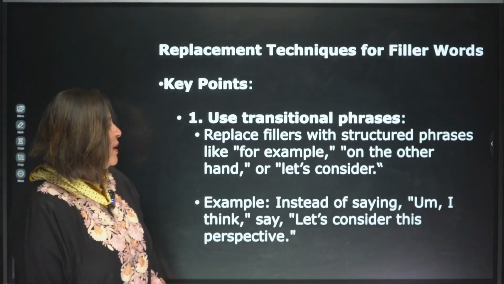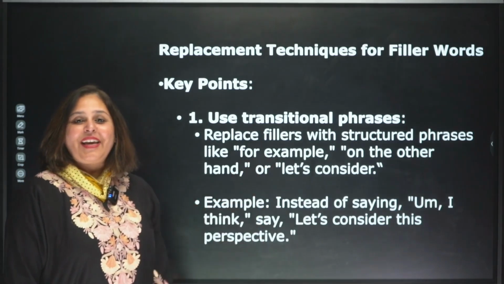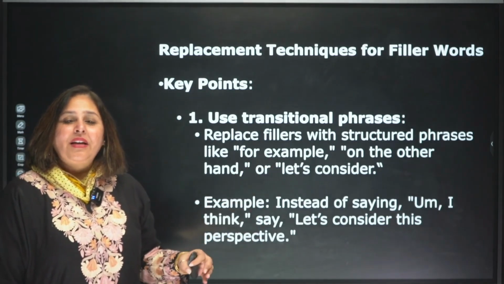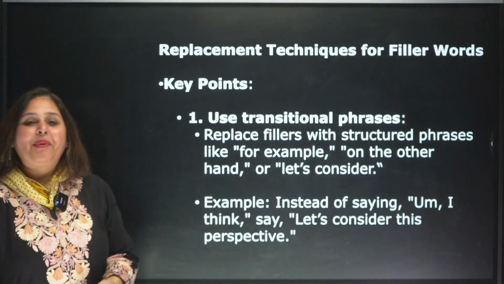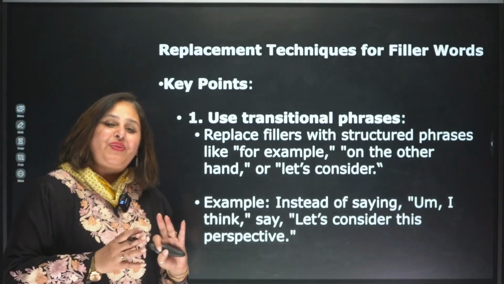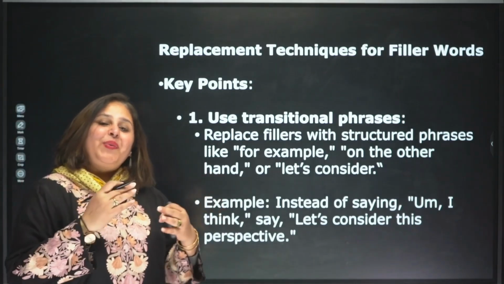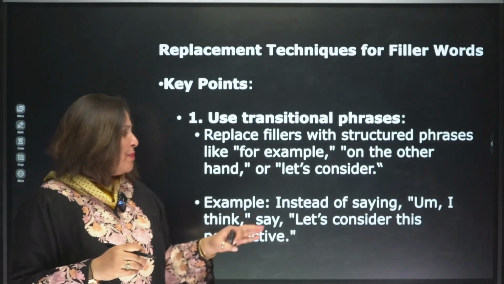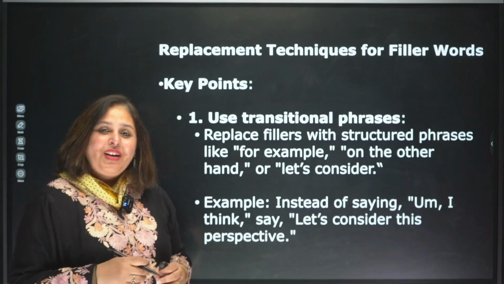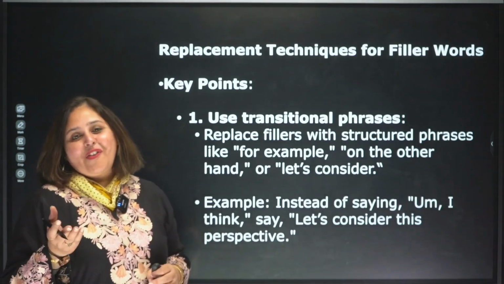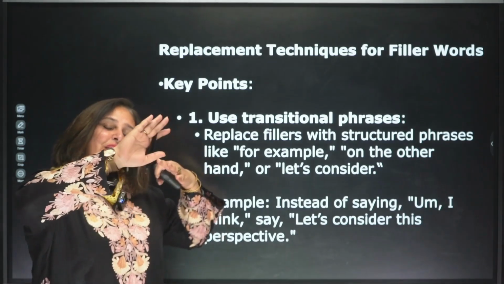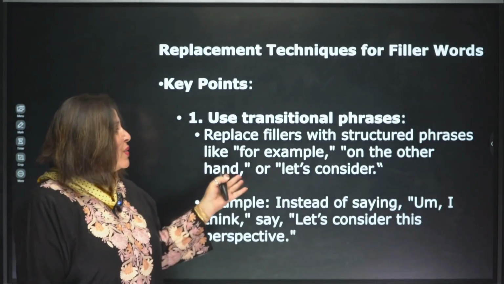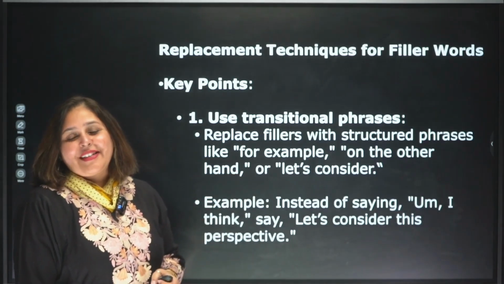These can be phrases like, for example, on the other hand, let's consider what's happening. You are using these phrases along with the ideas which you want to put across on the table, right? They are not part of the idea though, but these are transitional phrases. They are taking the conversation, transiting it from one to another. So you can use these transitional phrases instead of